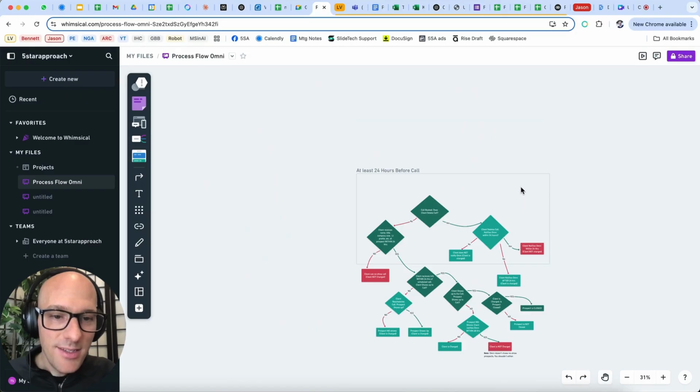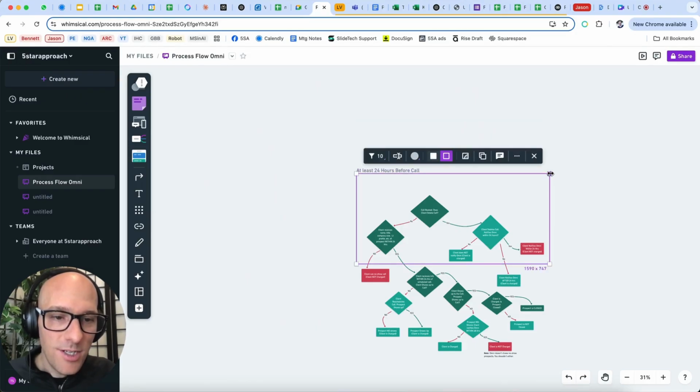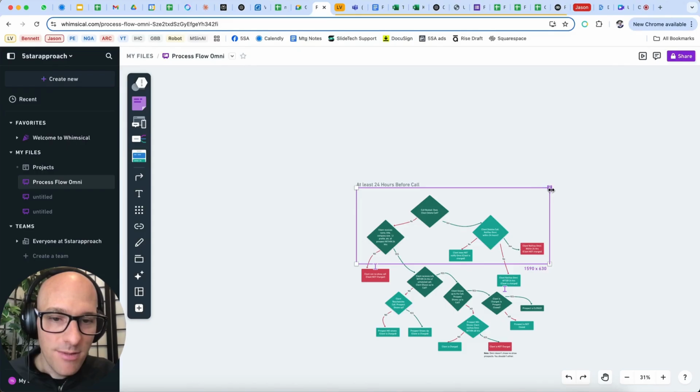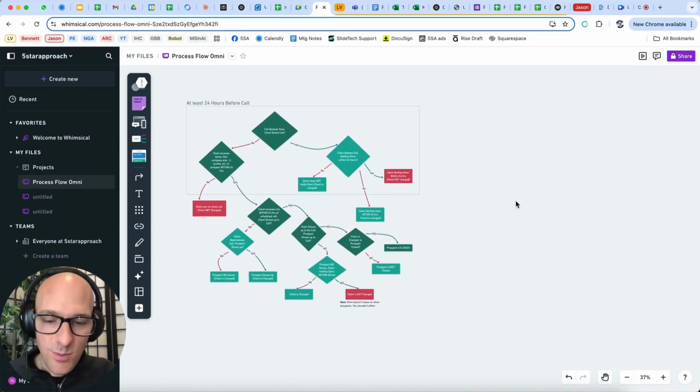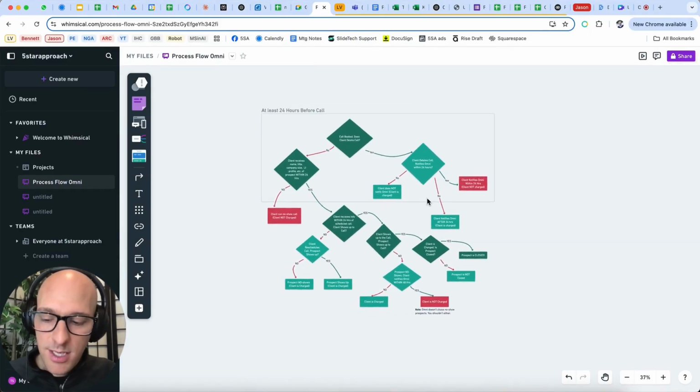And by the way, if you need to change the shape of the box, you just grab it and move it down like this. So I want to change the shape a little bit. There we go. Now that's tighter than it was. And you can zoom in by clicking, I believe, on all things. I don't use a mouse. I use just my